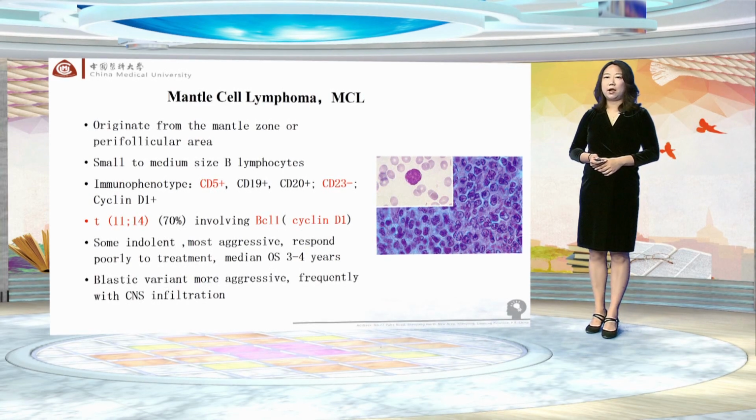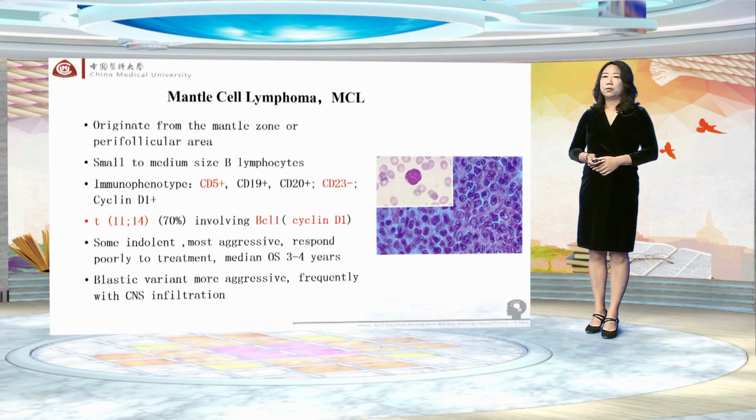This lymphoma is characterized immunophenotypically by the presence of CD5, but unlike CLL, it does not express CD23. Most mantle cell lymphomas have a translocation of 11 and 14 that involves the BCL1 proto-oncogene, and strongly express cyclin D1